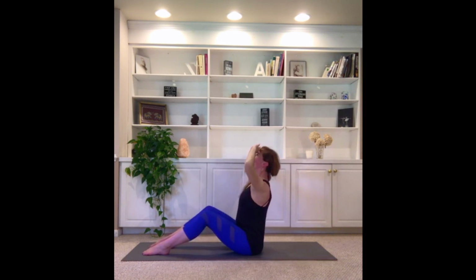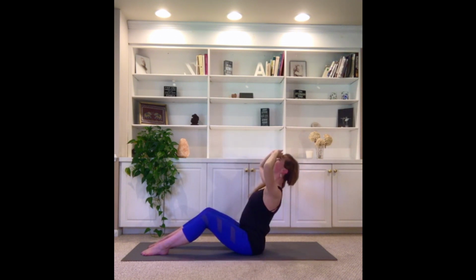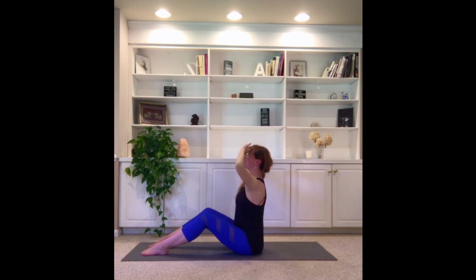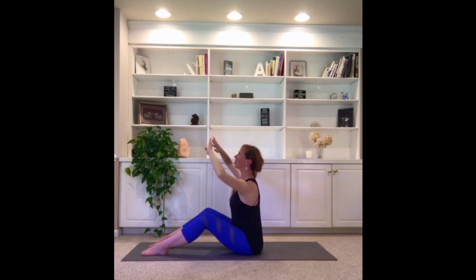And coming up. You're only going to a place where you can keep that nice long spine. Inhaling back. Shoulders are still away from the ears. Exhale, core takes you up. Inhale. Back. And exhale up. If you want a little bit more of a challenge, we can knit the fingers together